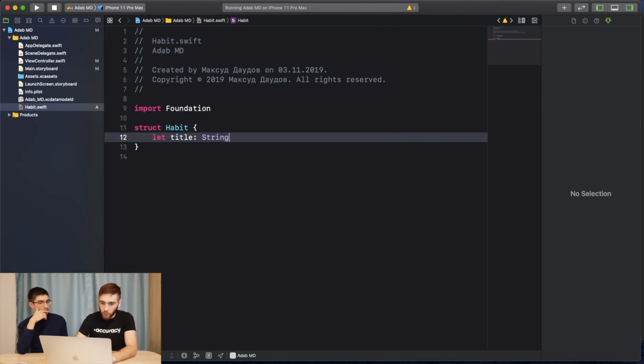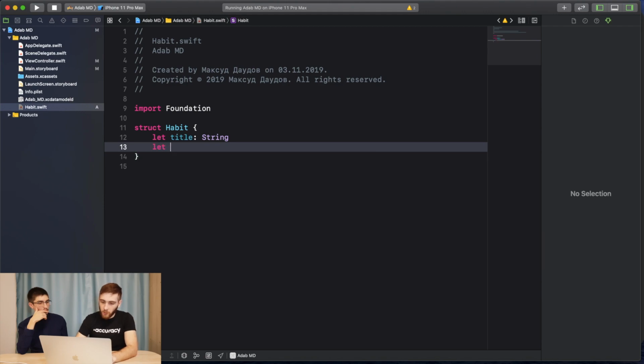String, title string. Also, we need regularity. This will also not be changed since it was set. This is why we make it constant. And we make it integer,